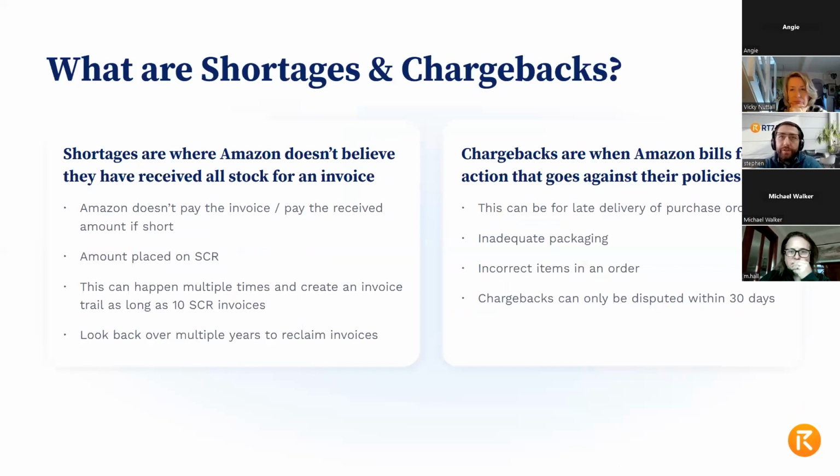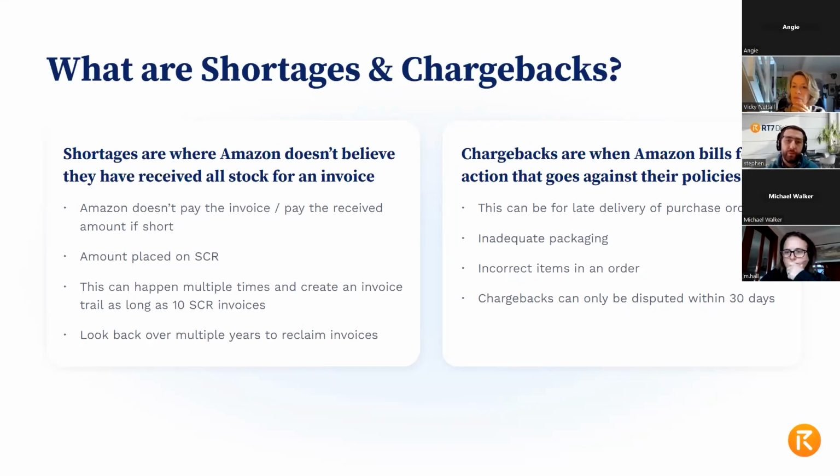So I've covered a little bit on this, but what are shortages? What are chargebacks? Really, shortages are best described as stock discrepancies. And stock discrepancies realistically lead to one of two things happening: Amazon under receiving or Amazon over receiving. And in both instances, that leads to chargebacks. With a lot of this, you'll see that it's not a single problem and it's not a single solution. Amazon is a multi-system entity with lots of overlapping parts that compound and conflict with each other in many ways.